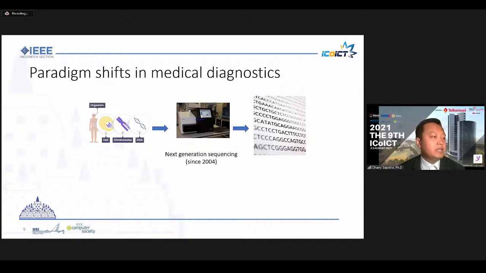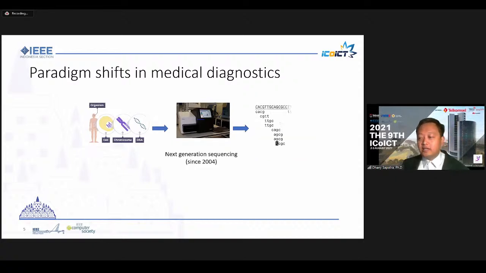There's Illumina, there's also Roche, there is also Ion. There are many machineries, also Pacific Bio, PacBio, and the latest one is Nanopore Sequencing. So in this case, instead of getting the whole full sequence, this kind of sequencing technology takes a stretch of